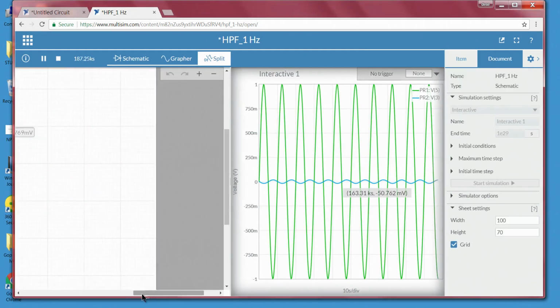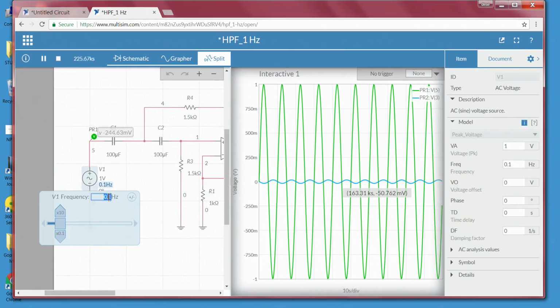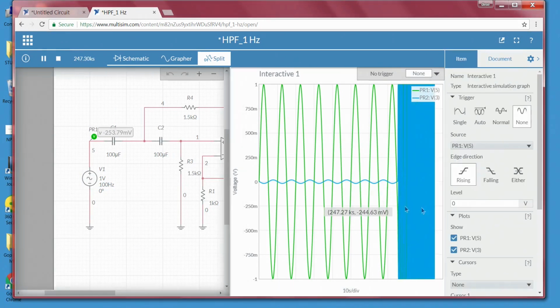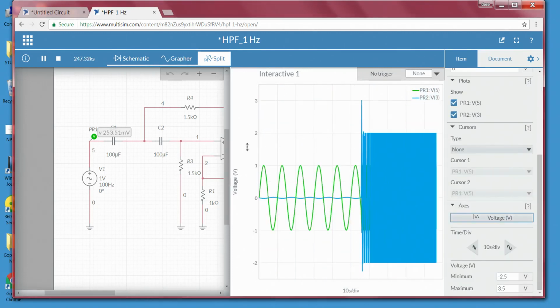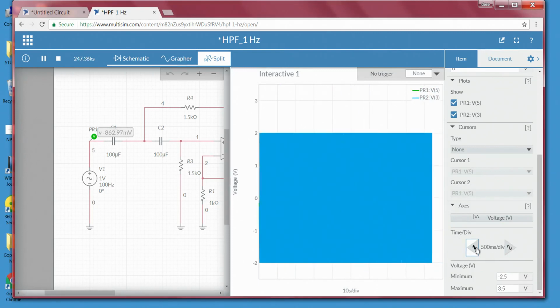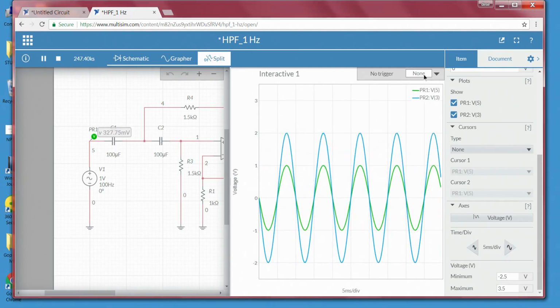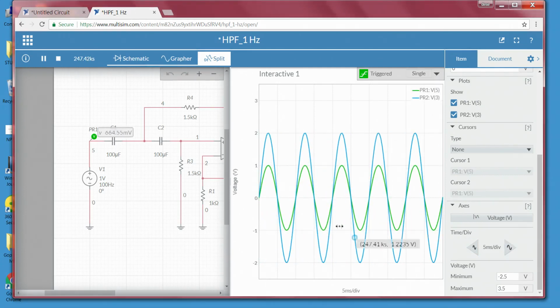In order to understand that, rather than going with a high value, we will go from a lower value. So, make it 100 Hz. Now, go to the settings. We can see 2 volts to 2 volts. I will decrease the time division so that we can see the signal. From here it is clearly observed that the input is green and the output is blue. The peak to peak value of the input signal is 2 volts, whereas the output peak to peak is 4 volts.